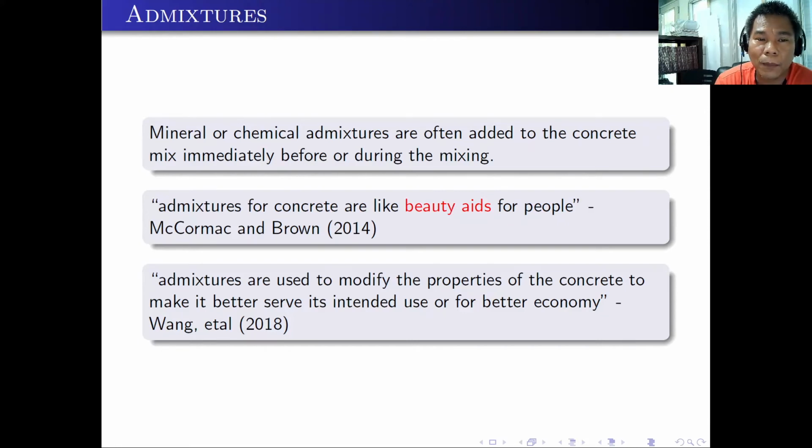Normally, the admixtures are either mineral or chemical admixtures, which are often added to the concrete mix immediately before or during the mixing. Take note that admixtures for concrete are like beauty aids for people. So, it's like making it beautiful. Also, admixtures are used to modify the properties of the concrete to make it better serve its intended use or for better